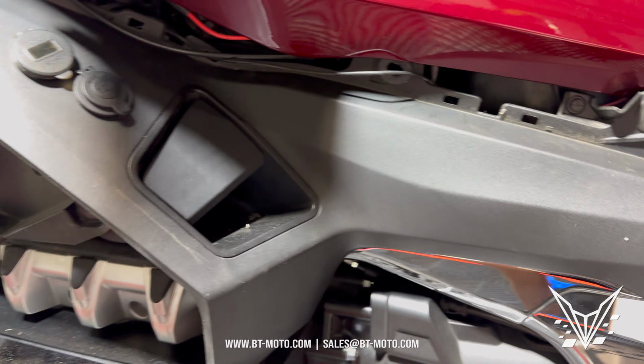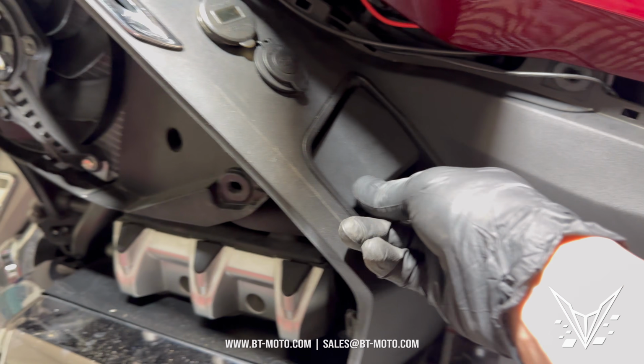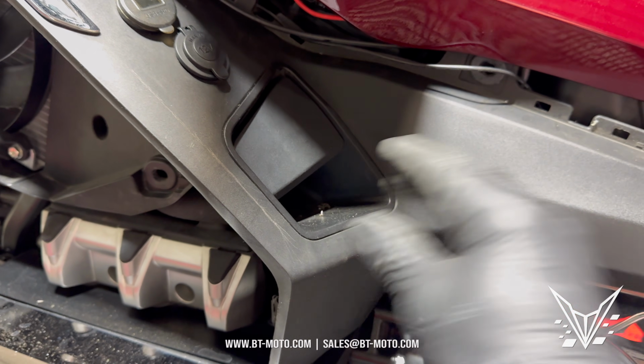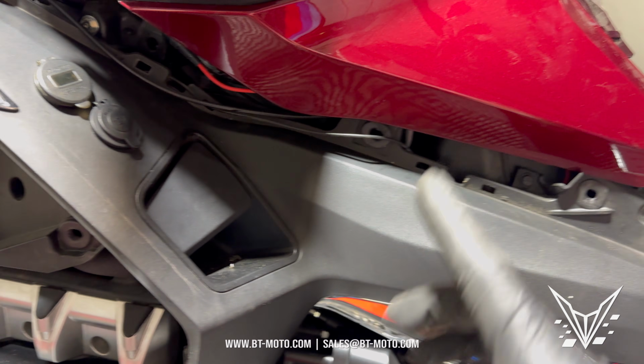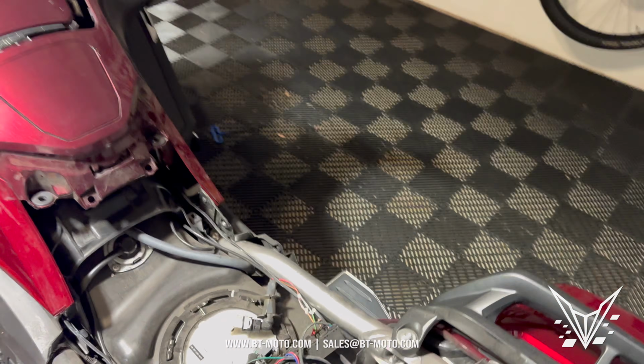All right, guys, this is how this side should look. This side's gonna stay in because this brake doesn't need to be removed, and this side actually connects differently on the inside of the fairing than the other side does. So I'm gonna show you the other side now. The other side,